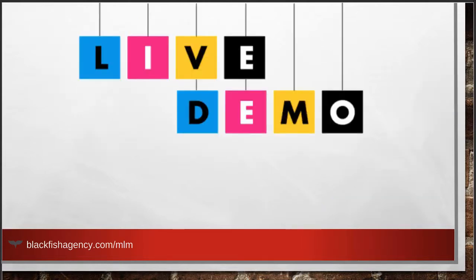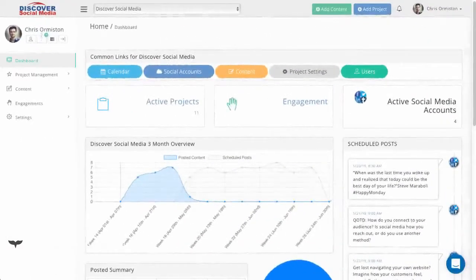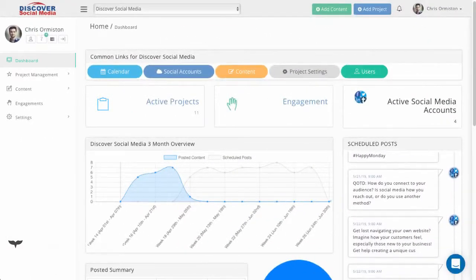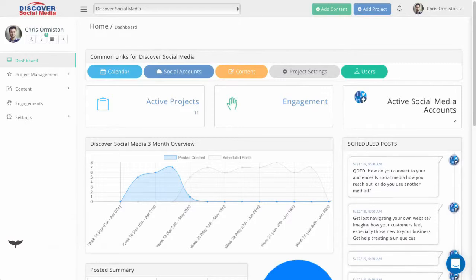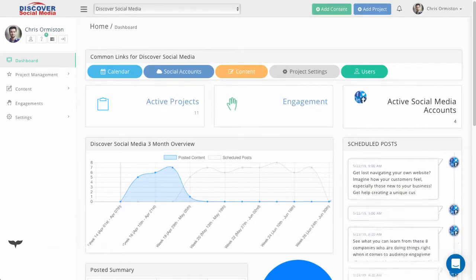So one thing that we want to do is take a minute and show you what it looks like behind the scenes, to show you what the experience is going to be for the end user, and also from our side, from the administrative side, on how we set this all up. So let's take a minute now and do a quick demo. We just wanted to take a second and show you a little bit behind the scenes, to show you how it works and how people are going to see this when they're using it.